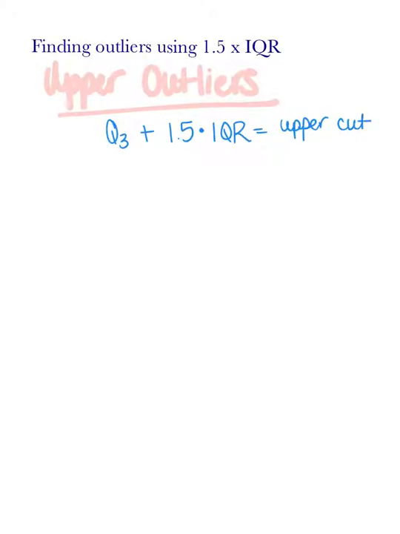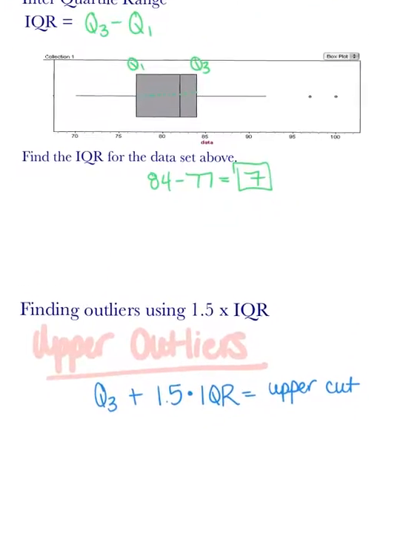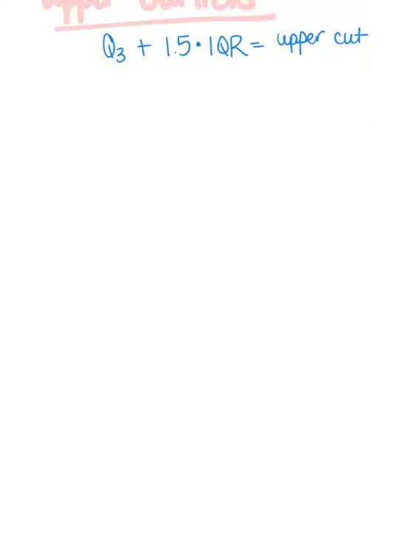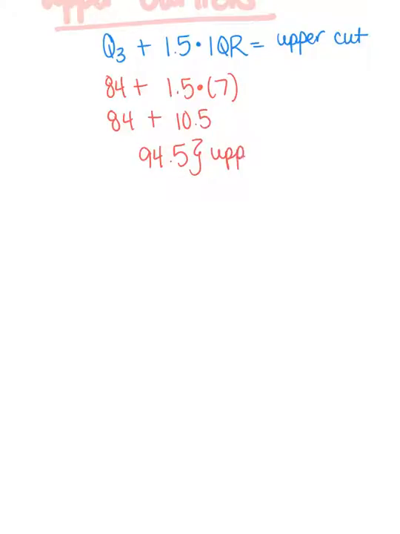for outliers. So for my data that I had up here in this box plot, I had quartile 3 was 84, plus 1.5 times my IQR I found out was 7. So when I multiply the 1.5 times the 7, that's going to give me a 10.5. And I add these together and I get a 94.5. So this is that upper cut, meaning anything in my data that is greater than 94.5, I'm going to